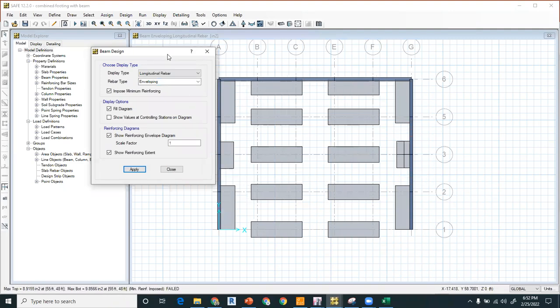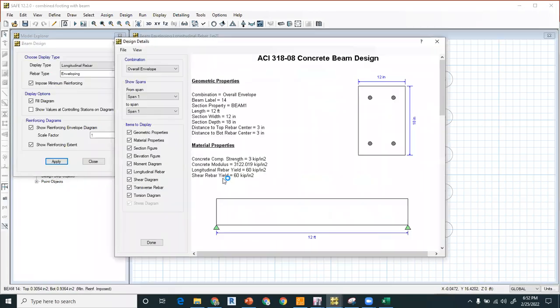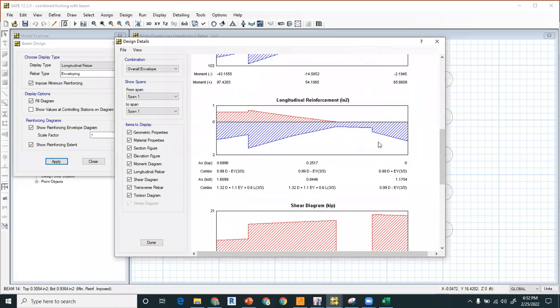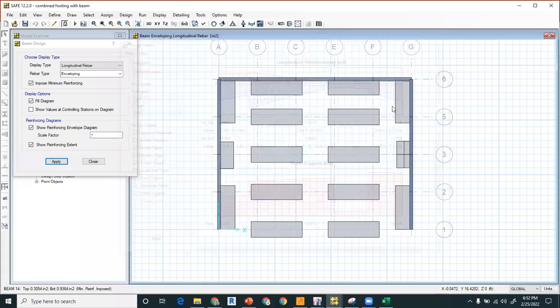Right? Again, you have to design the, let me right click on this portion. So this is the dimension, this is 12 feet and 18 inches, which is the depth. So longitudinal reinforcement for the top at the support is 0.69, so we can take 0.7, and at the bottom it is 0.85, right? And the governing one is the